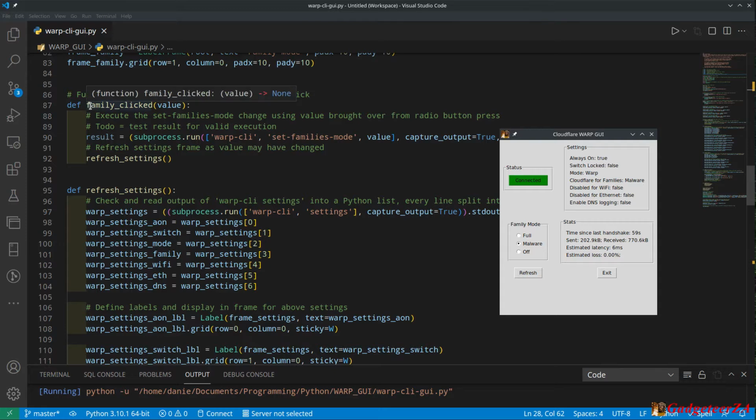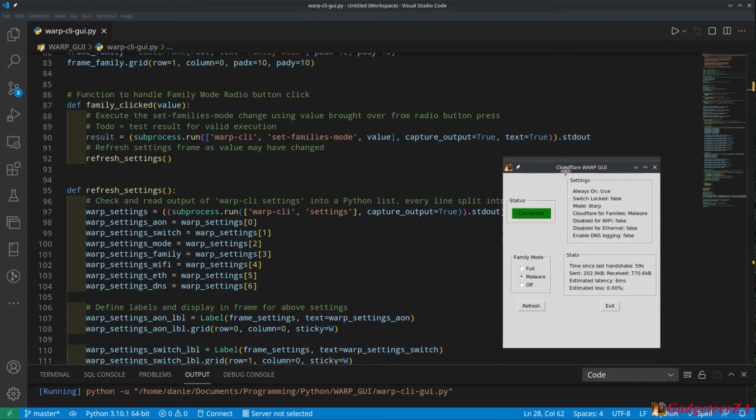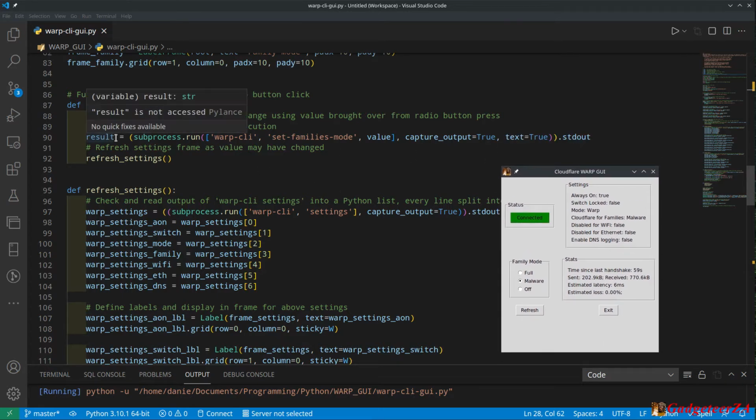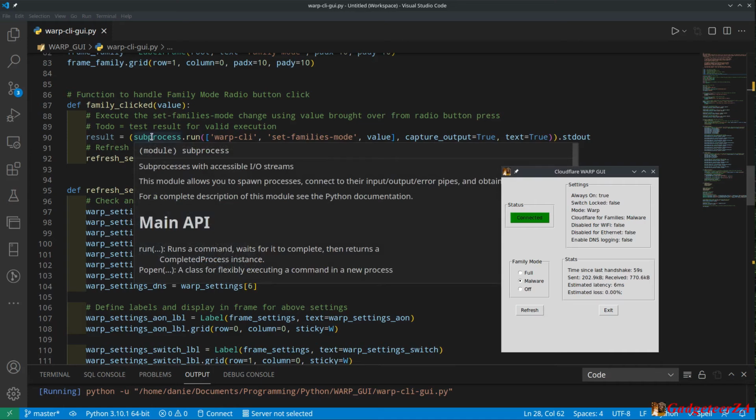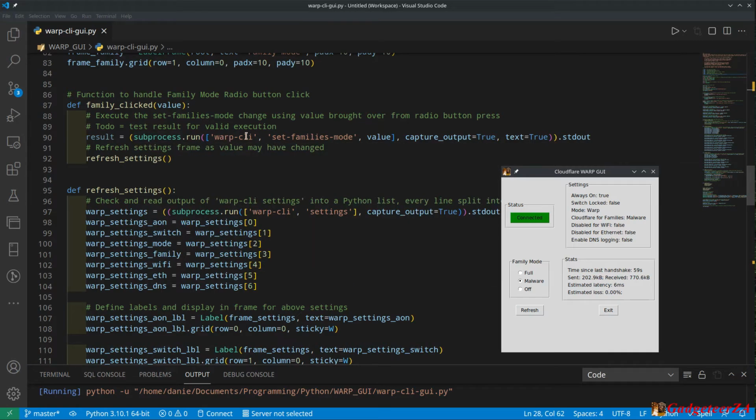So one of the functions is, for example, if these radio buttons in here, which I've just called family, if family has been clicked, then it will call this function and pass the value of whichever button has been pressed. And you can see then I am execute. This is one of the examples here of when I'm executing a process to the command line.